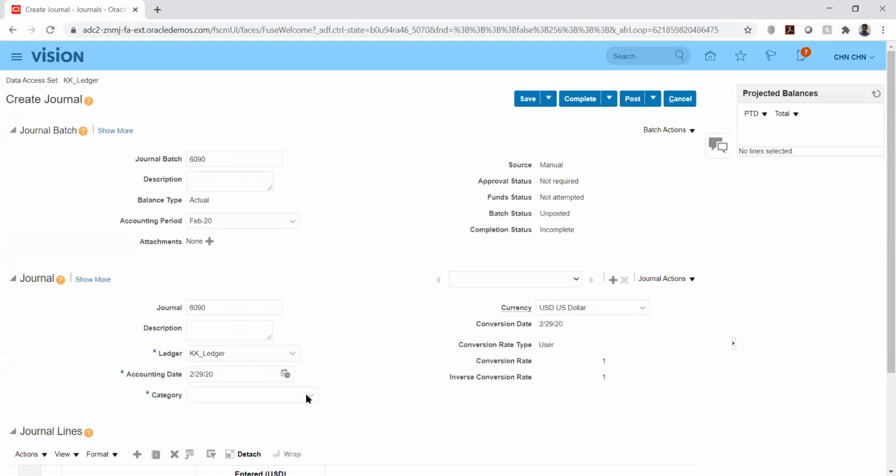Why are the journal batch and name not mandatory? I mean, if you don't give them, automatically it will select some default value. No, I don't think it will select a default value and all, but